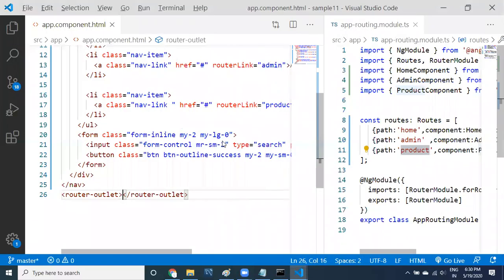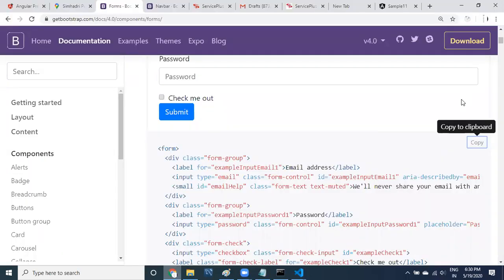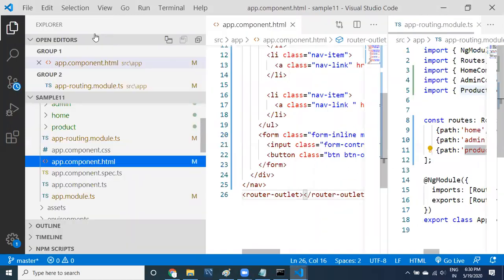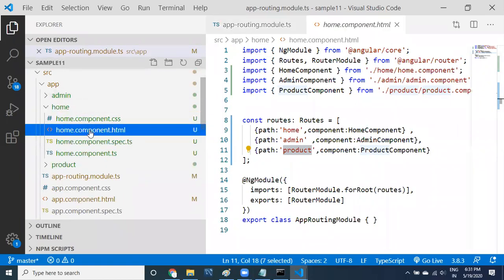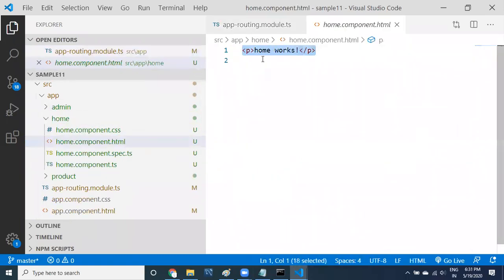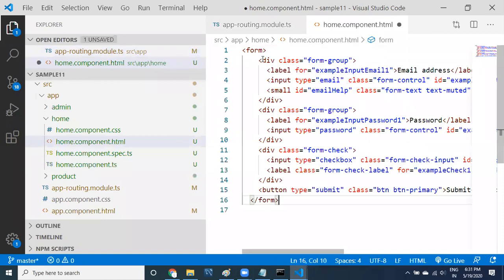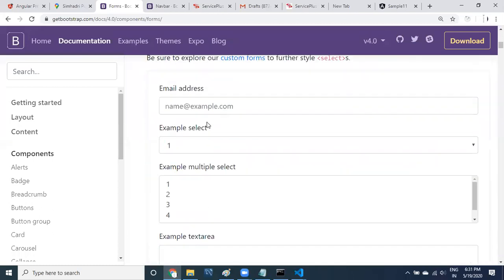So what we want to do is copy this form, and then go to the home component. Just for look and feel, I'm copy pasting it, to make sure it looks like a web application. The same way, I want to take another form.